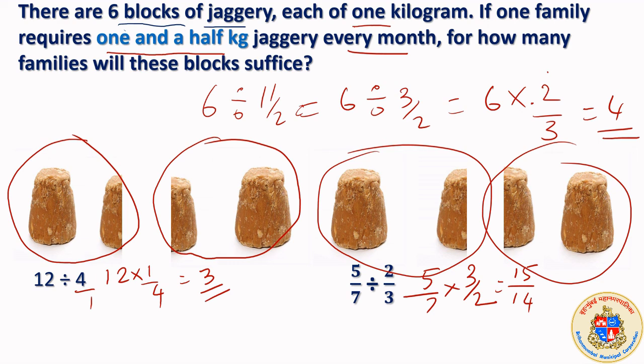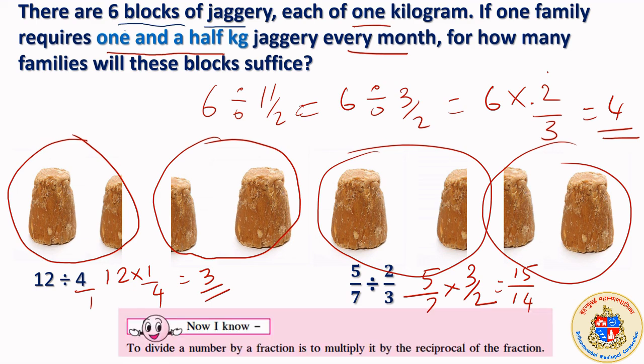Okay, so this way we will do the division of fractions. Division of fraction, what we have to do: divide the number by a fraction is to multiply with its reciprocal. Very simple chapter. You studied about fraction, operation of fraction, where you studied about proper fraction, improper fraction to proper fraction, then what is meant by mixed number. Now in this video you could get an idea about multiplication and division of fractions.